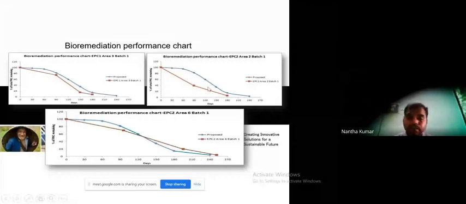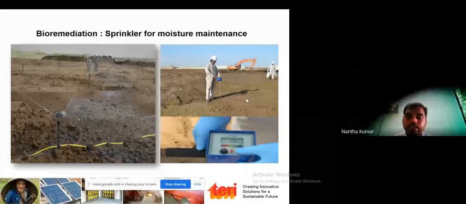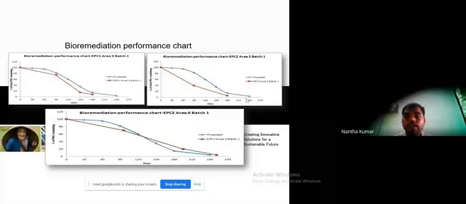So for another site, the average days required for the completion of this kind of moderately, or even higher, TPH polluted site, containing an average of 3 to 4% total petroleum hydrocarbon in the contamination level, is approximately 200 to 250 days.